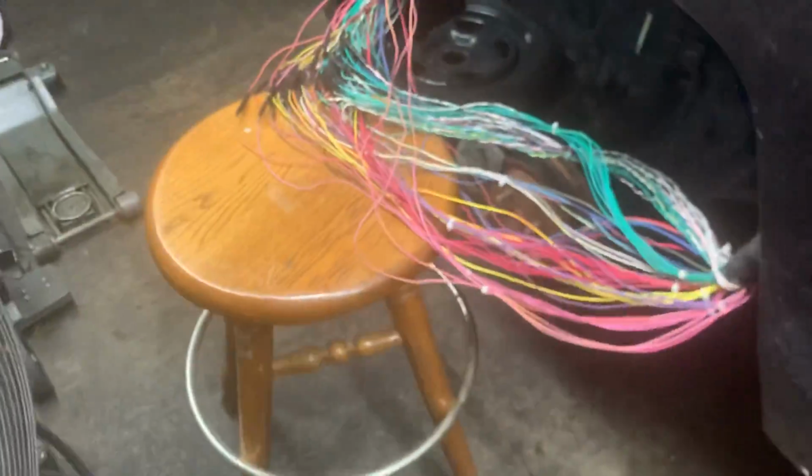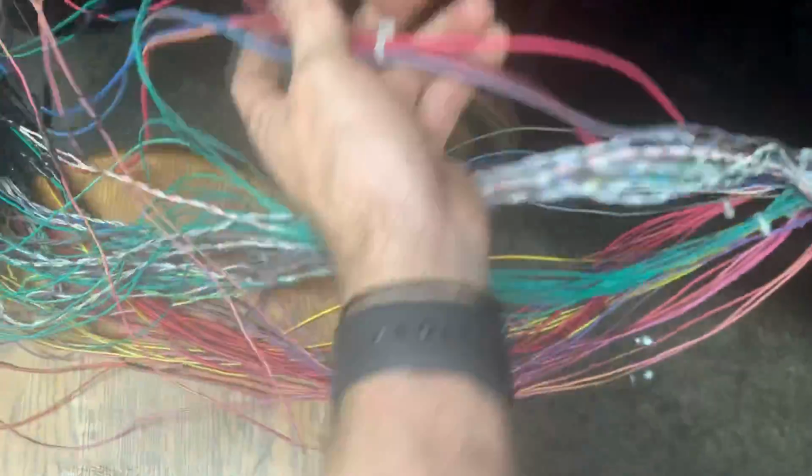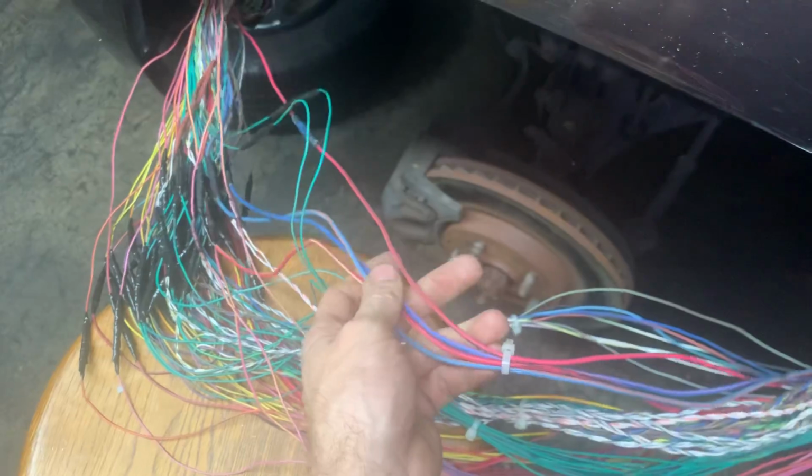Wish it was better news than that, but not just anybody takes on this type of job. This is a very, very tedious, not fun job to deal with. First of all, you don't know what condition the car was in before. And even if the customer says the car was running great, when I look at the engine, it looks like they hadn't done any maintenance to it. But let's say he's telling the truth, the car was running great. When these wires right here got ripped up, especially these thicker ones with the constant voltage running through them,